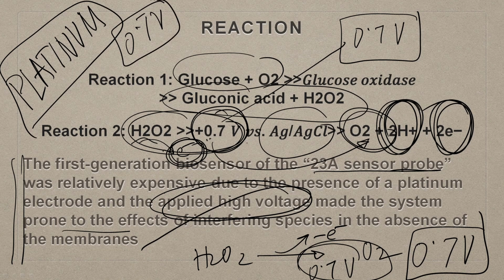Of course, you are getting your things done because by giving a positive polarity on the platinum electrode, you could oxidize the peroxide to generate oxygen, electrons and protons, where you have 2 electrons and 2 protons generated. But that process also leads to